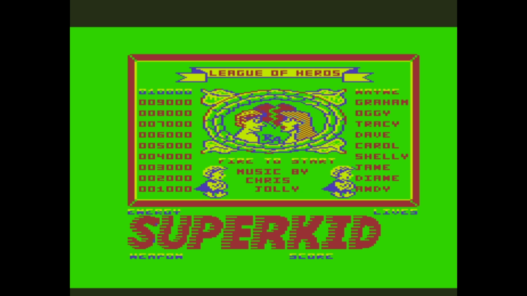And notice how the Superkid character kind of moves in time with the music. So already we're seeing a lot of innovations: multi-part music, synthesized voice, advanced graphics, and if we start the game,